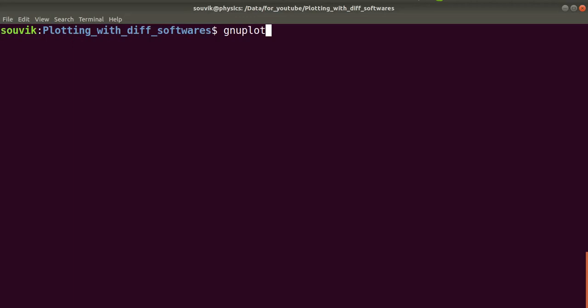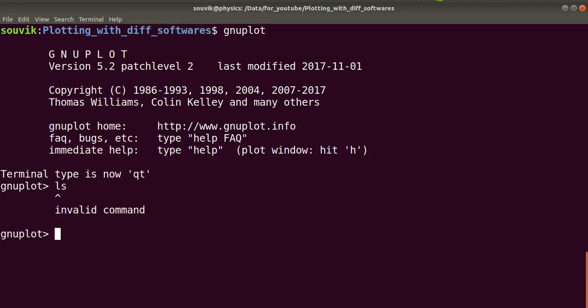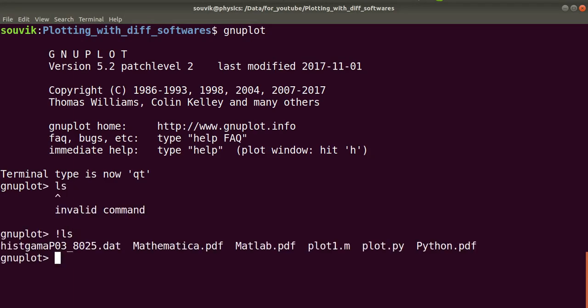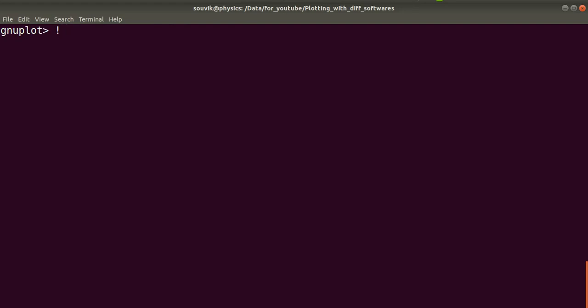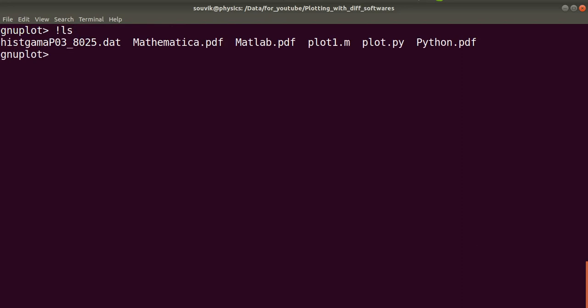GNU plot is very easy. If you want to use a bash command here in GNU plot, you need to type this exclamation sign and then the bash command, right? So in GNU plot it is basically very easy. What you need to do is, let's first define the function. Let's define the value of a